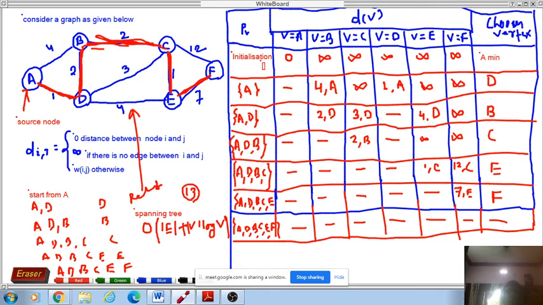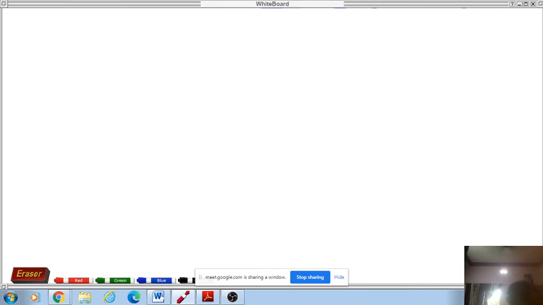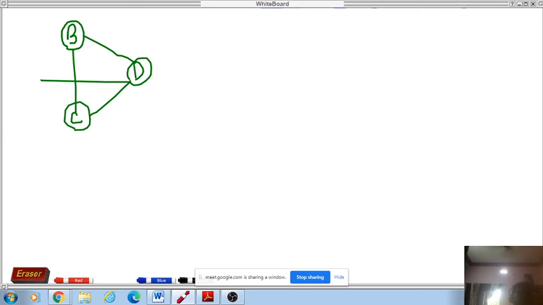I am just erasing this. You can take another example, a small example. We'll take an example of a directed graph. Let the directed graph I am taking be this. This is B. Then there is also B to C. Another point is D also. There is a connection B to D, and there is a connection from C. Another point is also there.